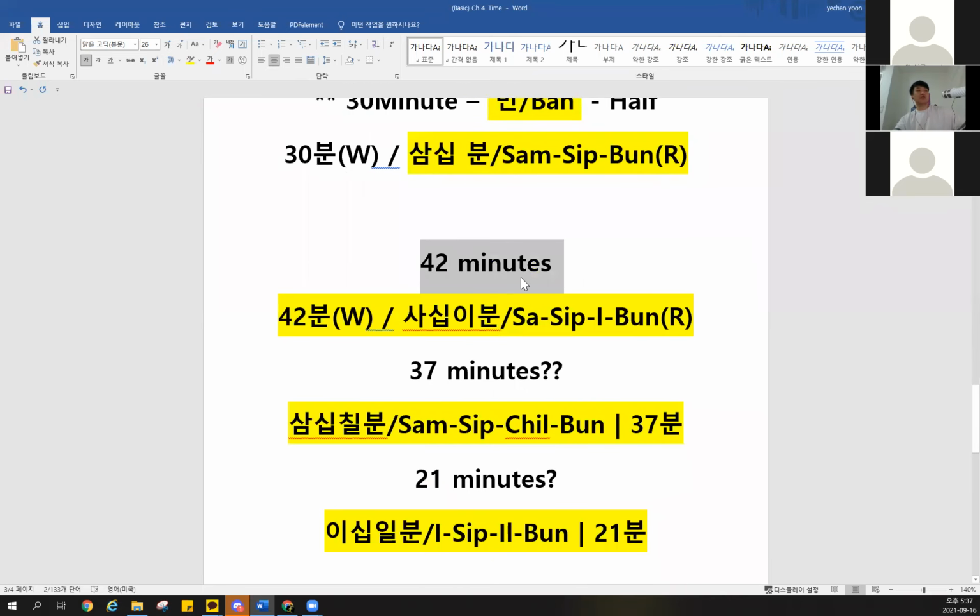Then like this. 42 minutes. How can you say? We already learned about that. This is all the example, guys. We already learned how to count with the Sino version, right? So 42, 40. The format is going to be 4 and which position? 10th position. So 4, 10, and 2 is 이. So 42, the counting word 분. 42분. So for the writing, you just need to use some number and 분. And this is how you can read it.